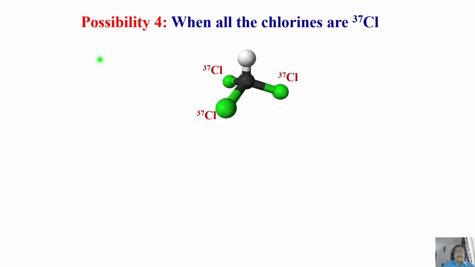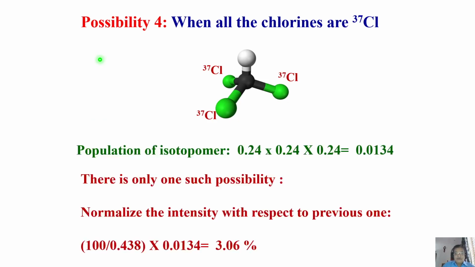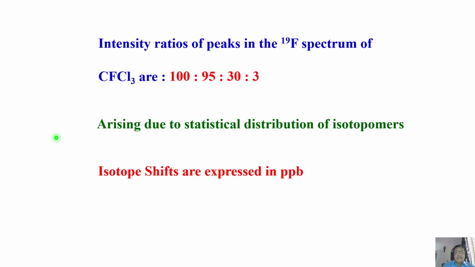And we also saw the probability for chlorine-37, and we found the intensity is 3%. As a consequence, we knew the intensity peaks in CFCl3 are 100, 95, 30 and 3. Remember, when we understood a single spin system giving multiple peaks, we discussed this isotopic effect. I didn't say it was an isotopic effect explicitly there, but now it is. Of course, I think I mentioned it. But in any case, I am explaining it to you now.